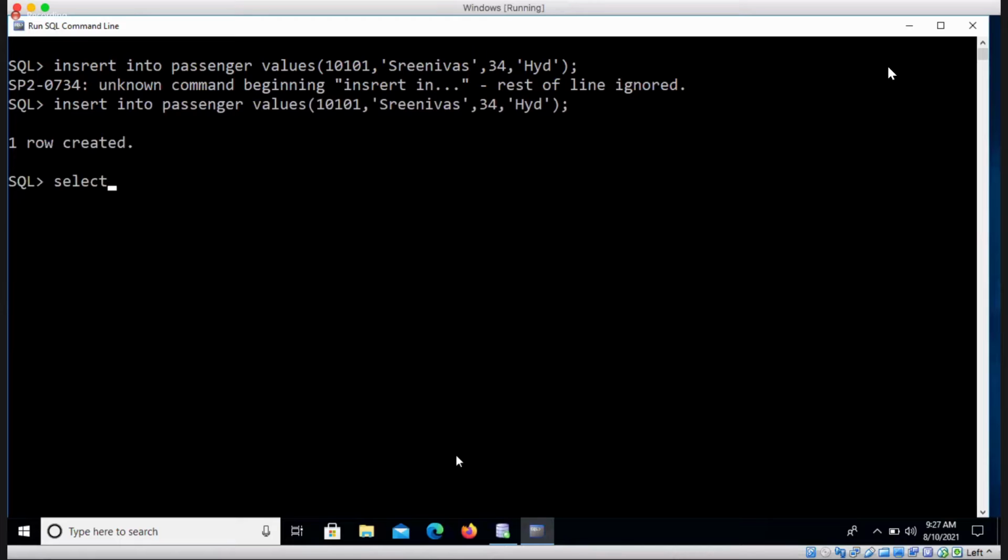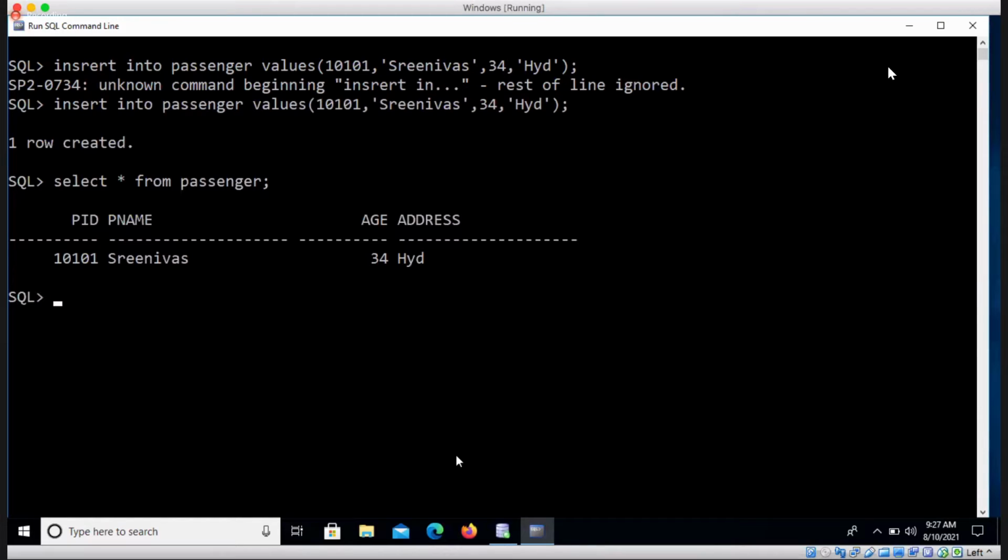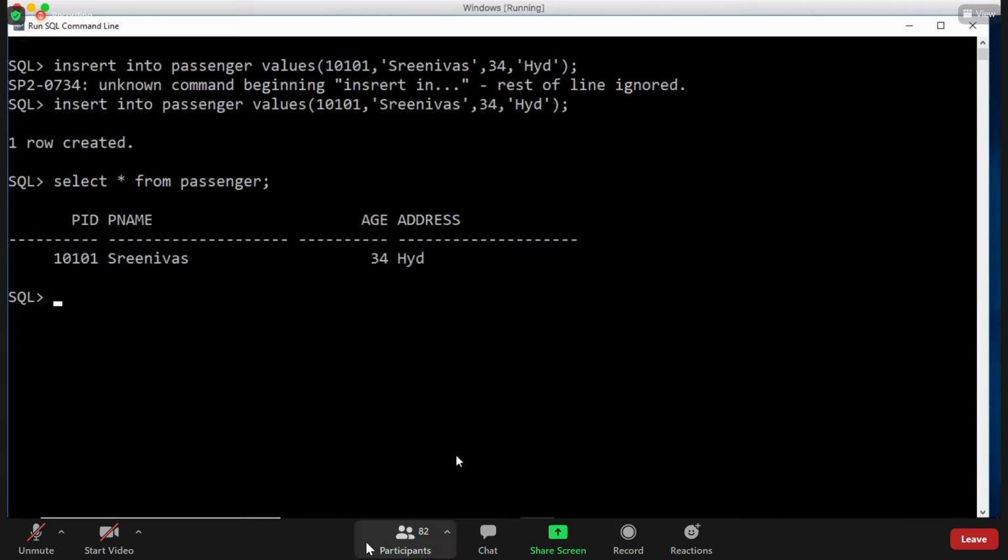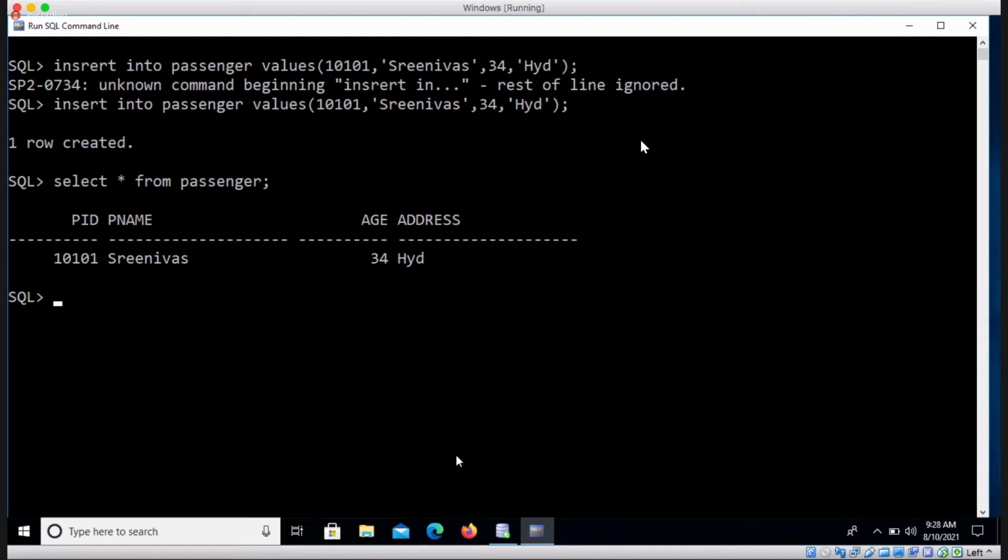Ma'am, doubt, ma'am. We cannot give address as unique, no, ma'am. It may match with other passengers, I mean, family members. Yeah, it might match. If you give the entire address like city, street, pin code, and everything, it will not match, right? Ma'am, it will also match, no, ma'am. The four members living in one house have the same address. Practically, it can't be unique. Okay, so here I am taking it as a unique address just to explain the unique constraint. Am I clear? Okay, ma'am.